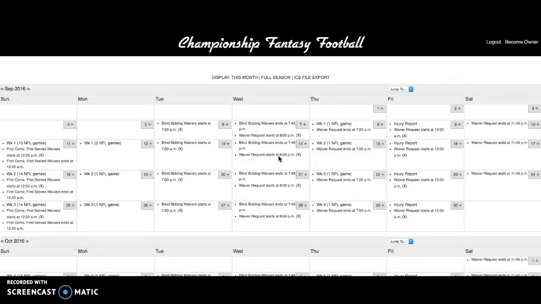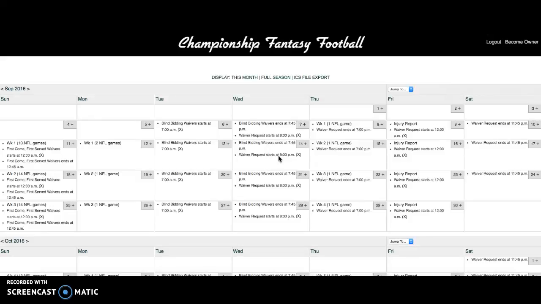One of the interesting things about the waiver request period is that this isn't first come, first serve, so if you want a player, you get the player. The way that this works is that if you want a player, there is an order in which teams will get awarded players. And it's very simple. The number one team to get awarded players is based off last year's finishing order to start this season. And that will be,